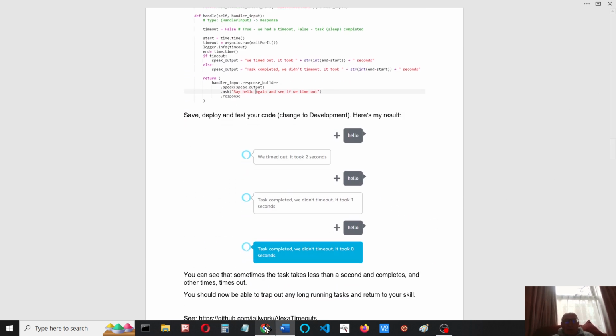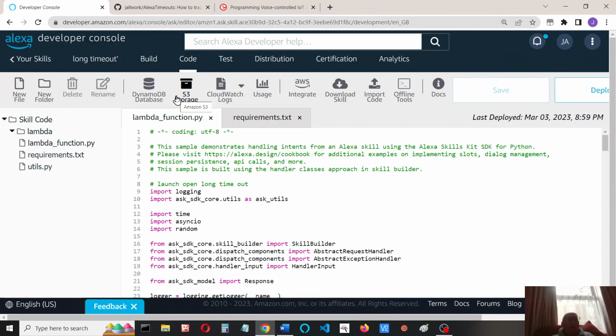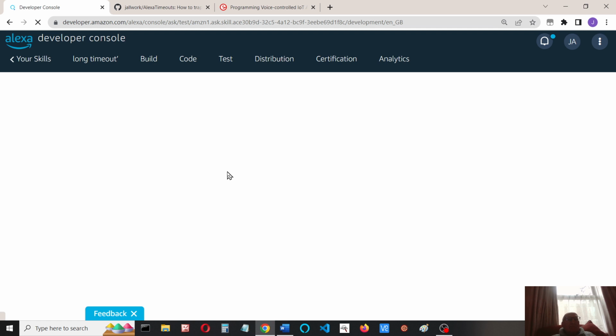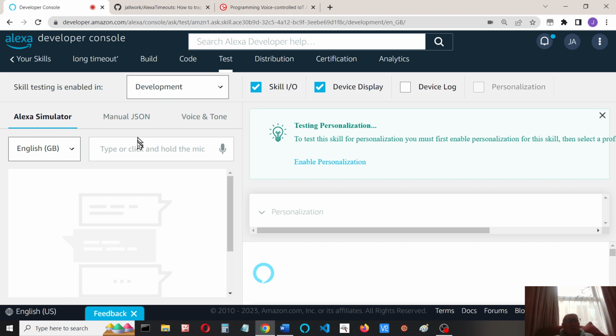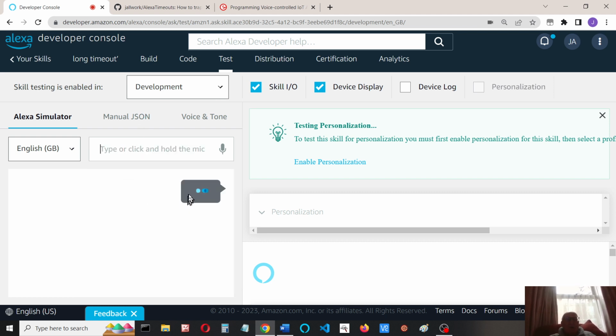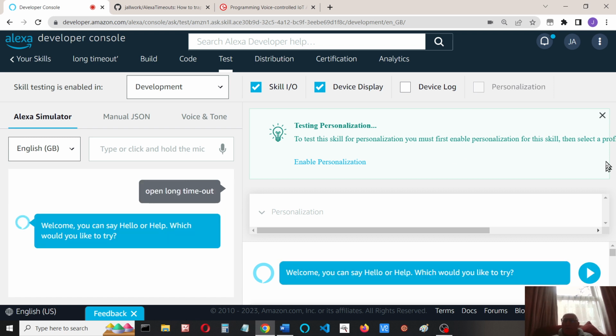We'll save and deploy our code. I'm not going to bother doing that, I've already done it. So we'll test the code. If it's the first time you've run, remember you'll need to change this to development here. I've got it already, so I can say open long timeout. Welcome. You can say hello or help. Which would you like to try? And so if I say hello,